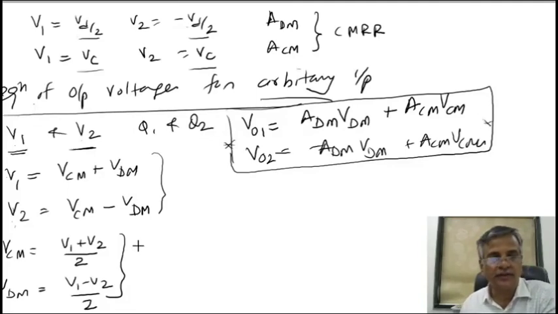So in this topic, what I have done? You have not taken the input voltage as the same, but you have taken arbitrary input voltage. Already you know what arbitrary is. When your input is arbitrary, then the equation of the output voltage for collector 1 and collector 2 is like this. With the help of this equation, in the next lecture we will solve certain numericals.